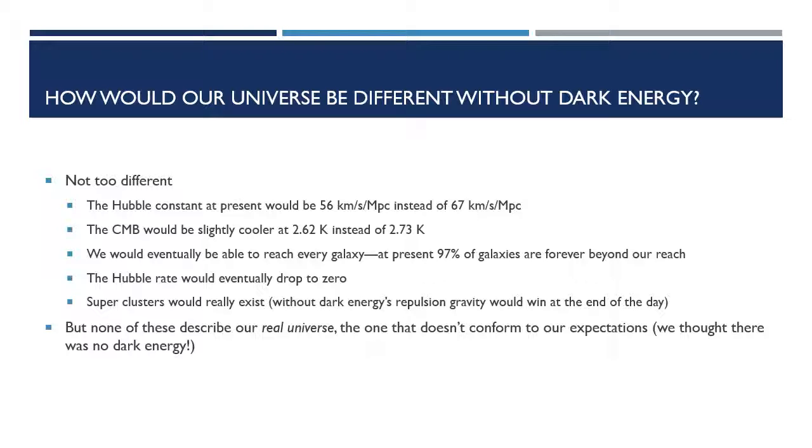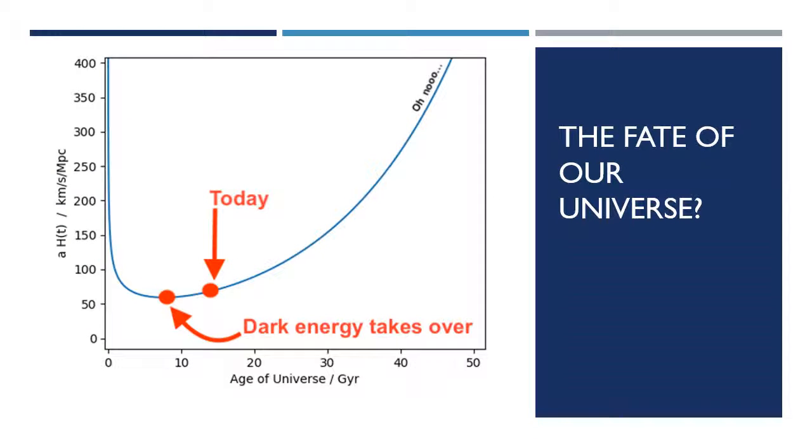And the cool thing about the real universe is that it didn't conform to our expectations. We thought there was no dark energy because we had no evidence of such. And the flatness of the universe started to clue us in that maybe there was something, but we were looking for the opposite. We were looking for evidence that the universe was decelerating in its expansion. But we found the opposite, and two groups won the Nobel Prize.